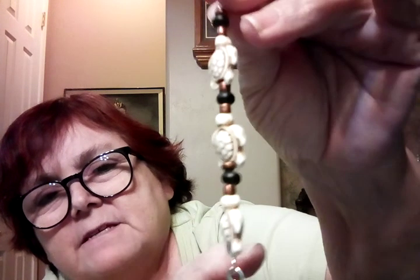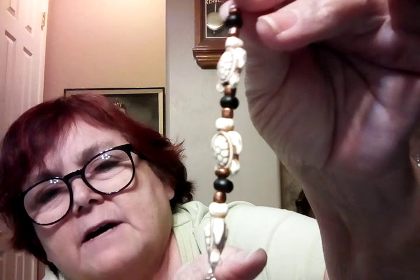But these carved turtles, the white ones have a gold and black. Well, it's a bronze and black. And the turquoise have a green and silver. So anyway,